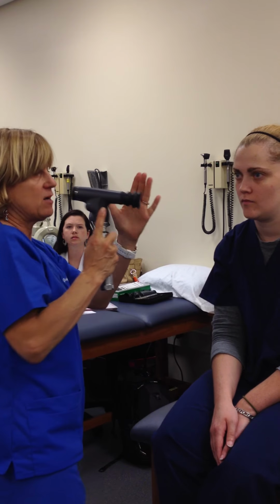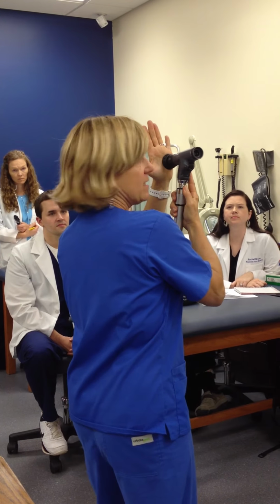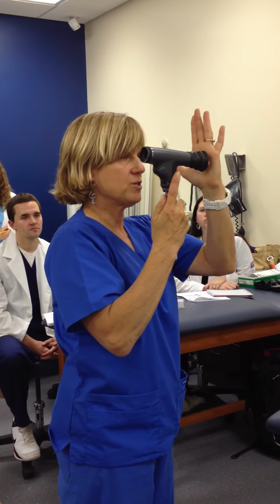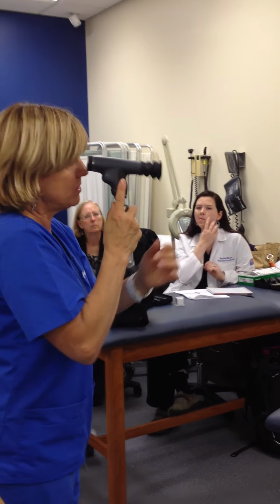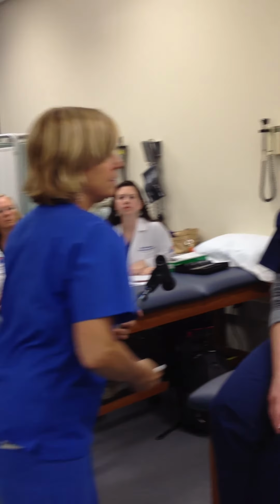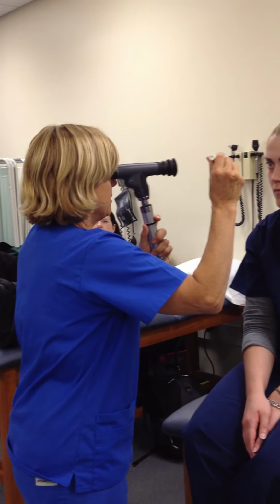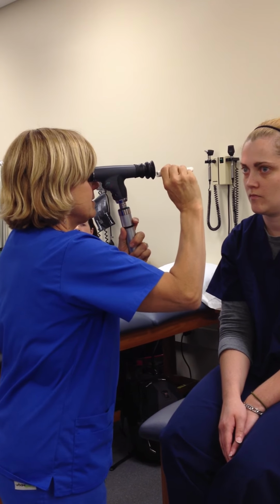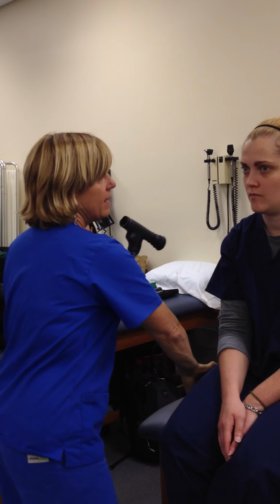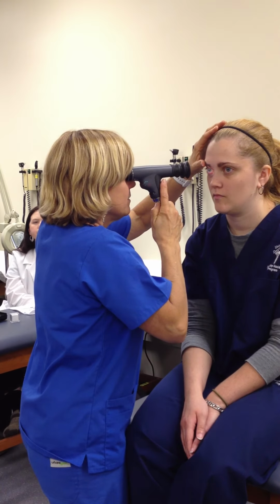You can come in at an angle, but when you come in at an angle, you're kind of hitting the side of this and then coming around. So it's almost easier to just come straight in. So we're going to stand out here and we're going to look for our light reflex, or we're going to use a pen light and see the red reflex, and then we're going to come in close here and look straight ahead,